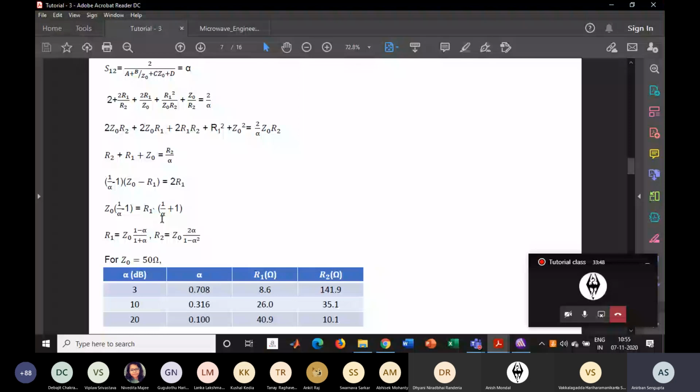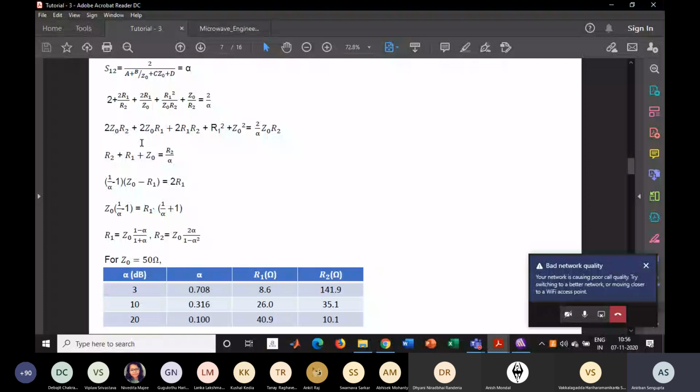R1 equals Z naught into (1 minus alpha) by (1 plus alpha), and put this R1 value into this equation, and you will find that R2 equals Z naught into 2 alpha by (1 minus alpha square). These intermediate steps are avoided, so you have to calculate it on your own,